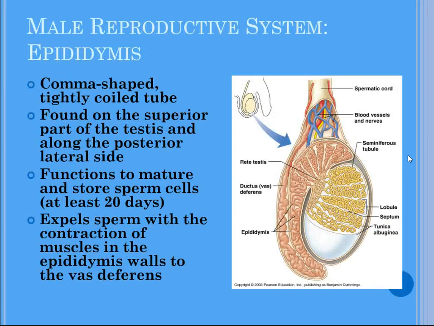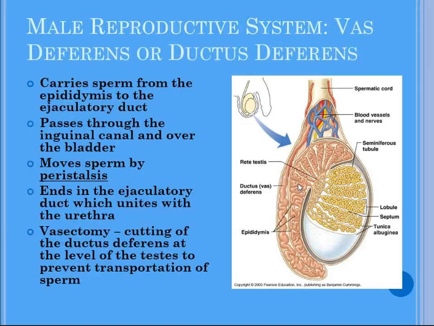Okay, so when we move away from testosterone and all that, we get to the epididymis. The epididymis is a storage facility, basically. But it's cool because it's part of the body, and that's awesome. The contraction of the muscles in the epididymis walls is actually what pushes the sperm into the vas deferens. And as it moves into the vas deferens, it's actually going to go by peristalsis, which